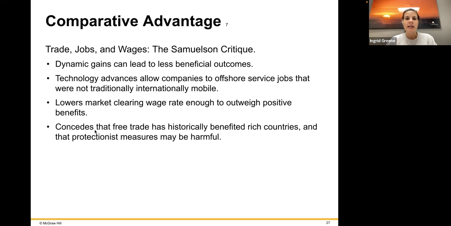And here the last one is that it concedes that free trade has historically benefited rich countries, and that